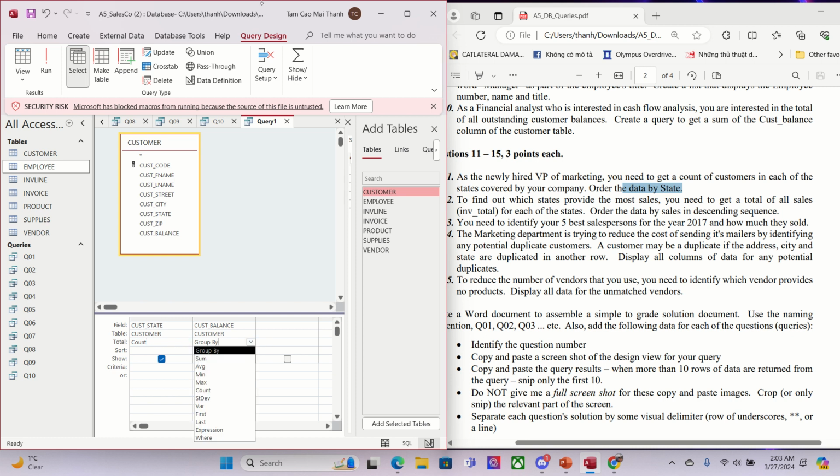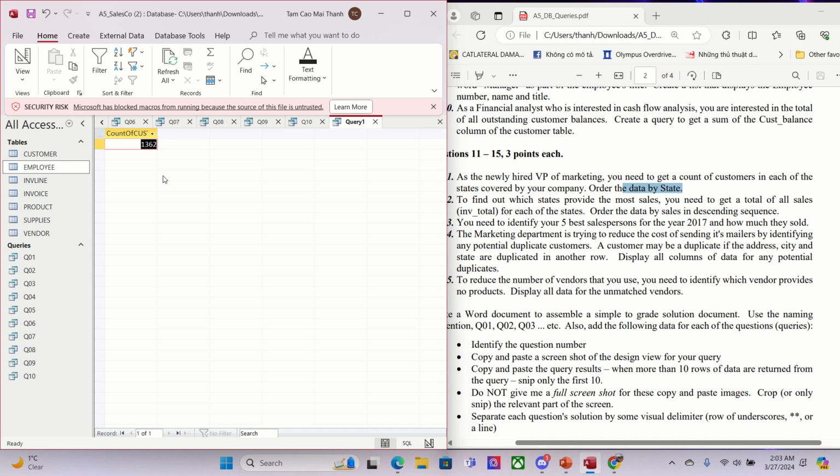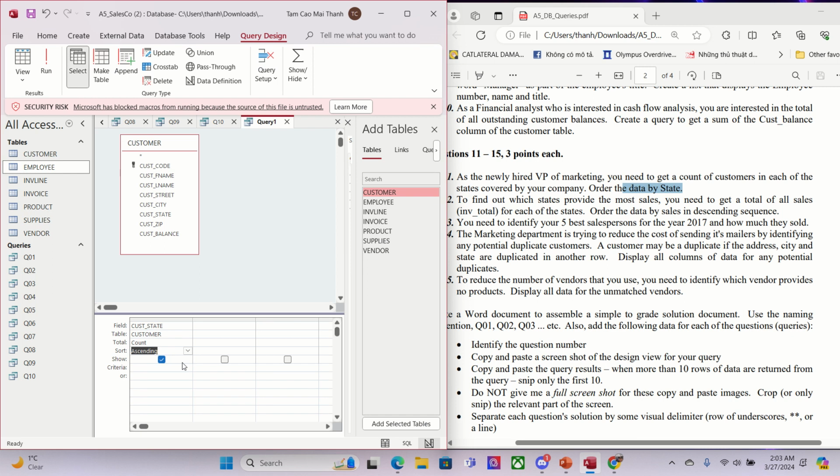Sorry, we don't need to do this one. Let's see for the next question. So we need to put this one in here and we run, and we have the total in here, but they don't show the number of the state. So we need to go back and we need to change a little bit,